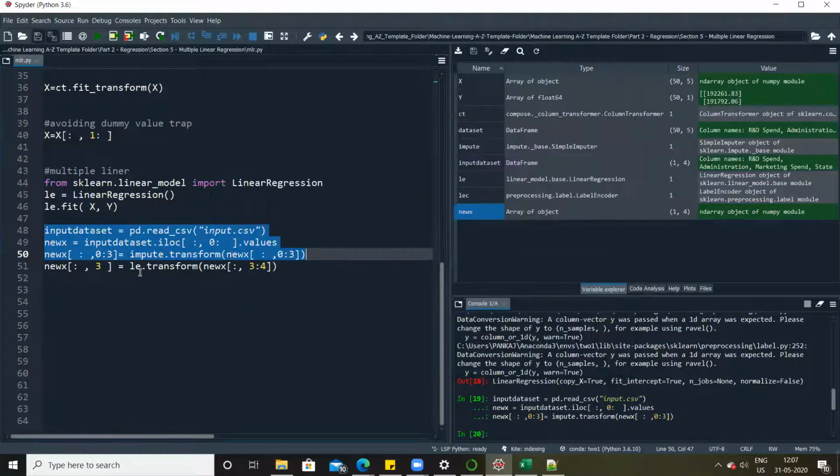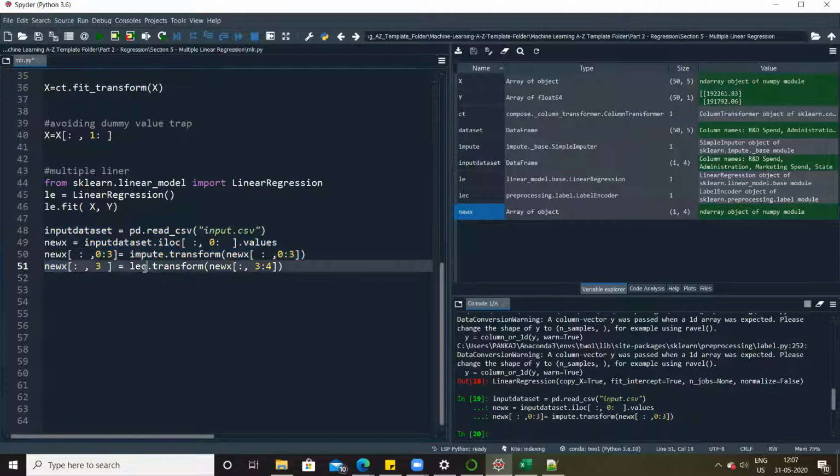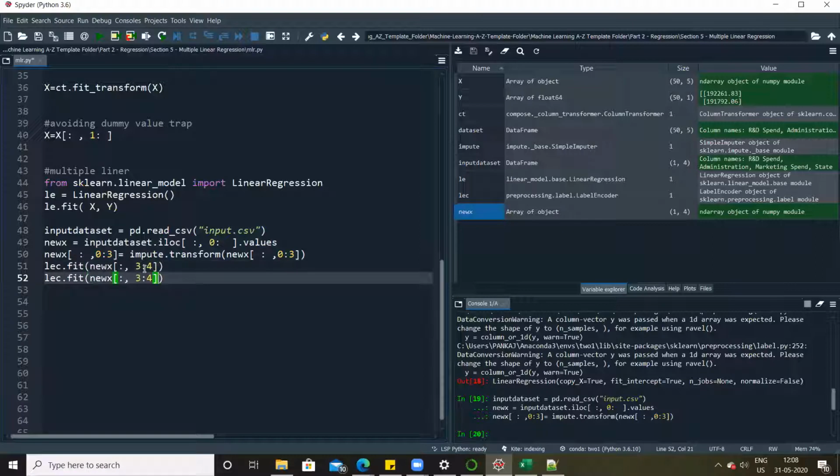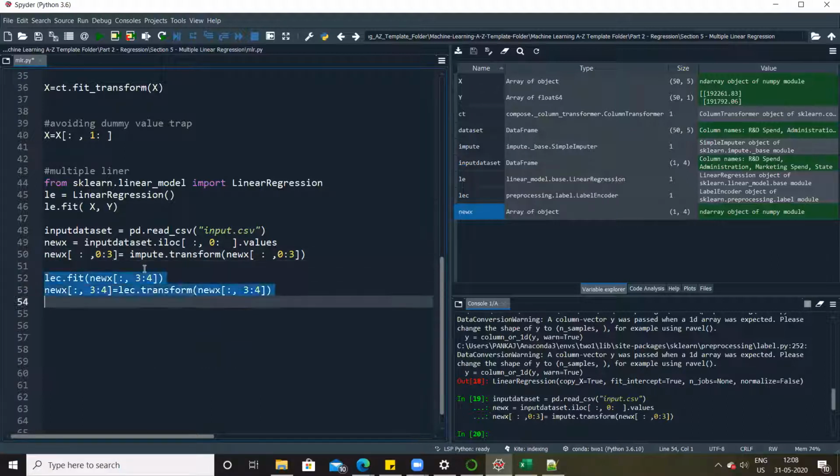But if you do here LEC dot, see here, if you accidentally do here fit, right, and then if you apply transform, you will see this is a wrong thing. So let me show it to you by executing these 2 steps, right?